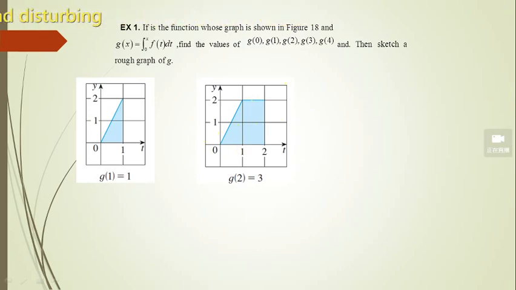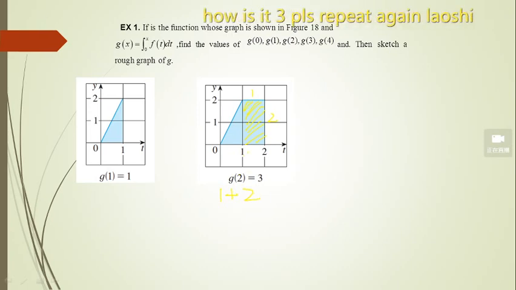So here, this rectangle in yellow color, this is 1, this is 2. So the rectangle area is 2, so it should be the triangle area 1 plus the rectangle's area, right? So G2 actually,